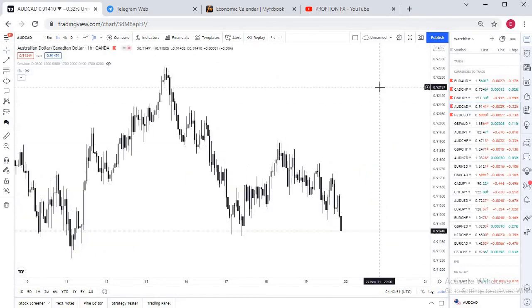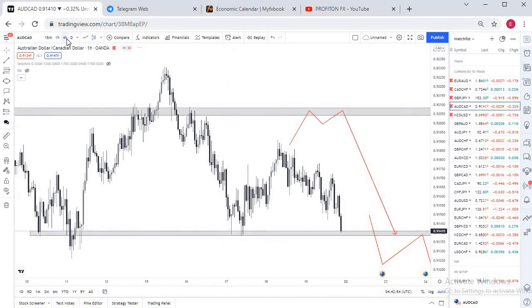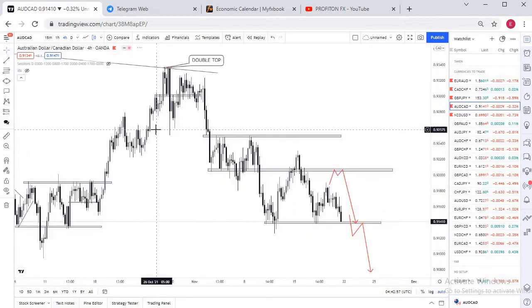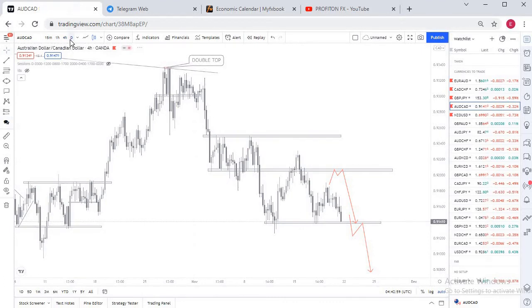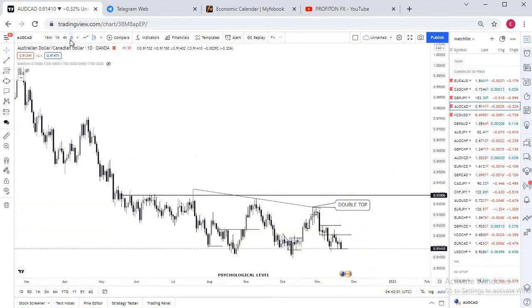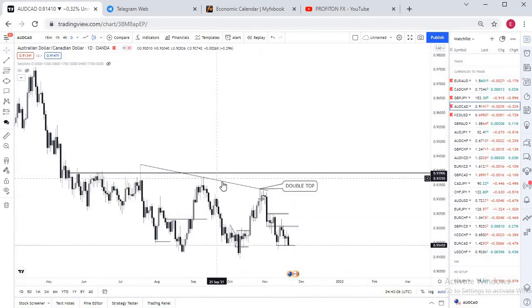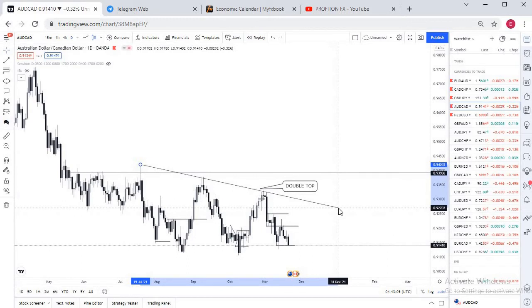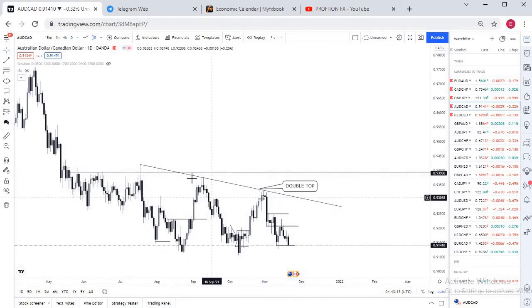Australian dollar, Canadian dollar. Australian dollar, Canadian dollar, when you start on the 4-hour time frame, let's just move to our daily time frame. On the daily time frame, I wouldn't consider this to be a major trend line, though it seems to work. Price has reacted to this trend line 3 times in a row, and currently we are having bearish impulsive moves. So in this case, I'm looking to go short in this market.